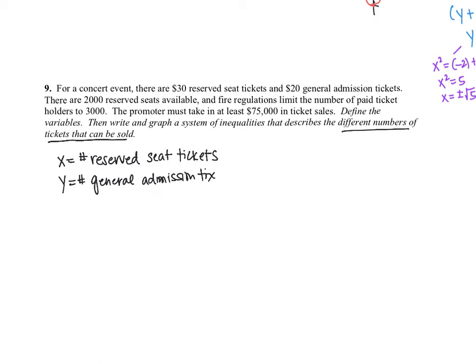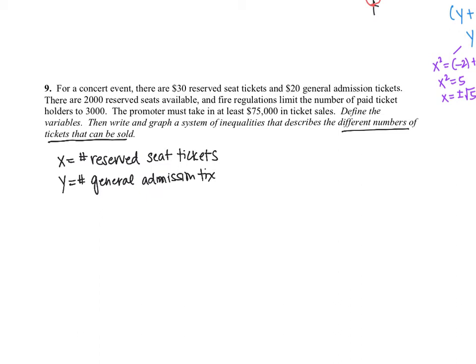There are 2,000 reserved seats available, and fire regulations limit the number of paid ticket holders to 3,000. The promoter must take in at least $75,000 in ticket sales. To find the variables, then write and graph a system of inequalities that describes the different numbers of tickets that can be sold. Okay, now let me go back and look at the information they give me so I can